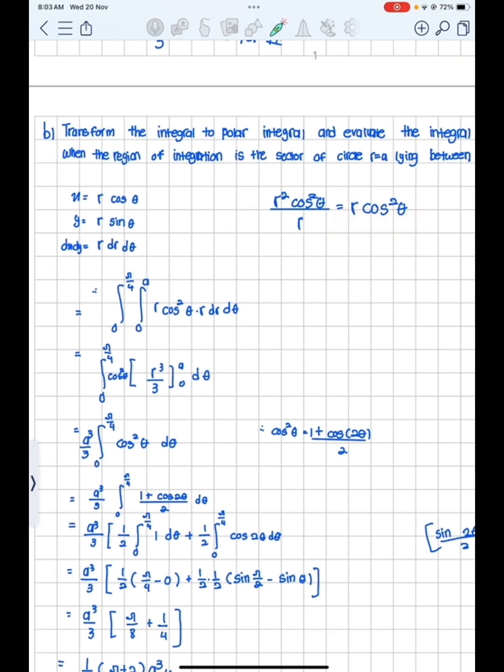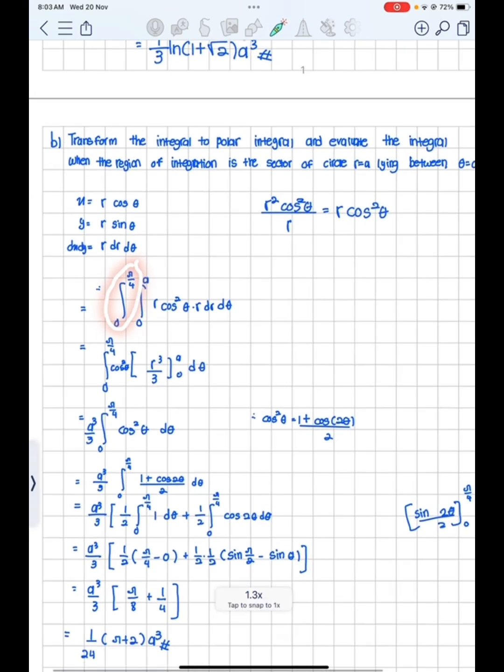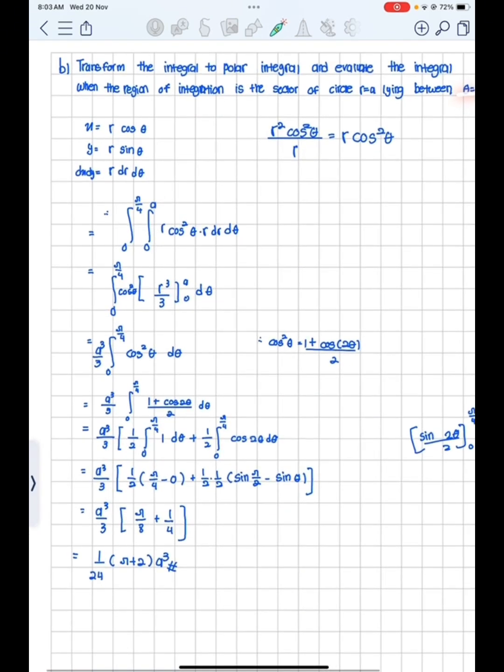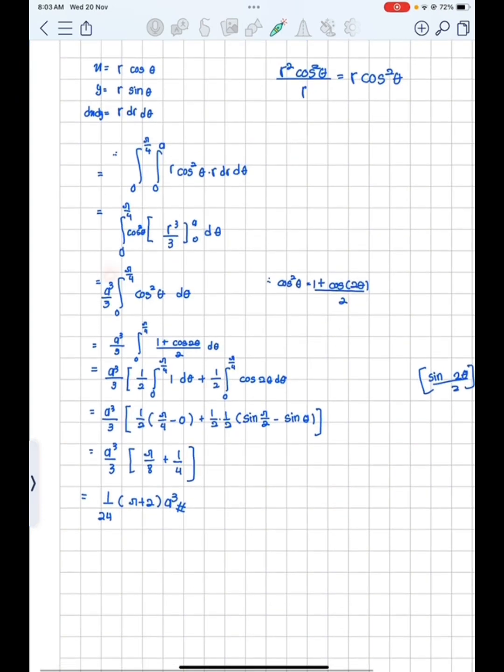And now your new integral will be this, and this is the range or the limit we get from the question. So just as the previous question, first we need to integrate with respect to dr. So we have r squared right here. So if we integrate with respect to r, we will get r cubed over 3, and then just as before, just substitute back the value here,